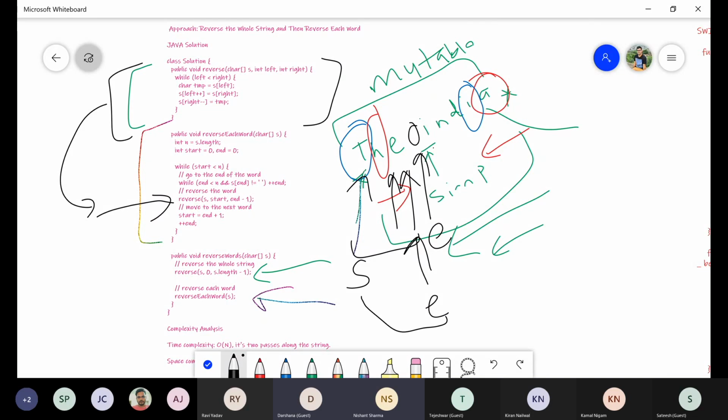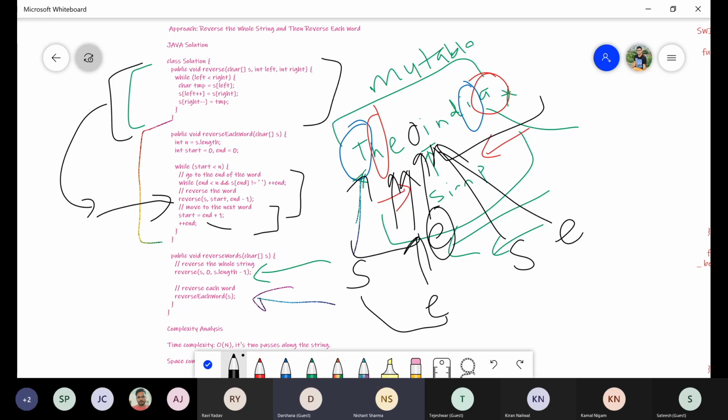Similarly for the next word, we increment start to end plus one. Earlier end was here, now start will become this, and end also becomes this using end plus plus. Then again we go into the while loop and the same logic runs for the next word.